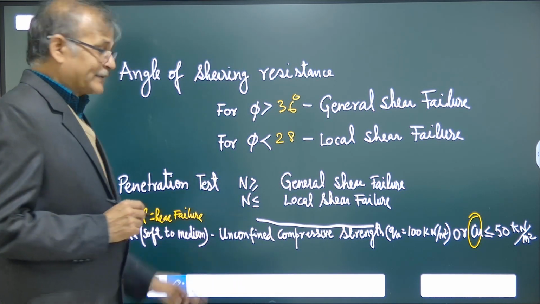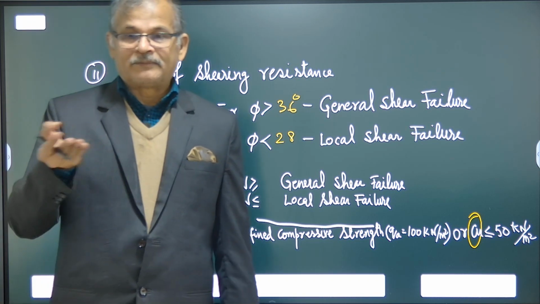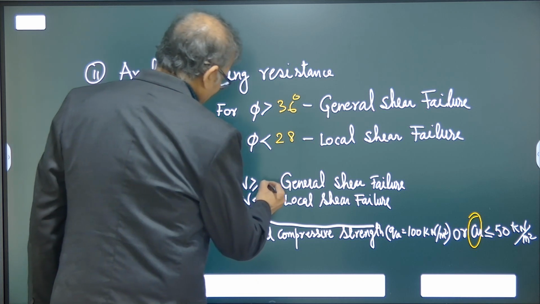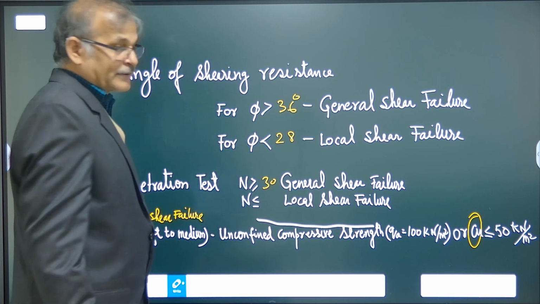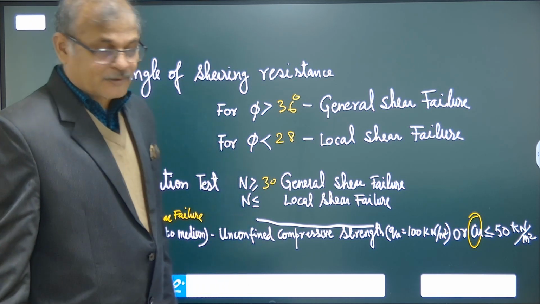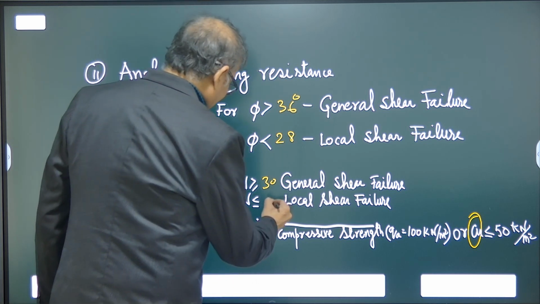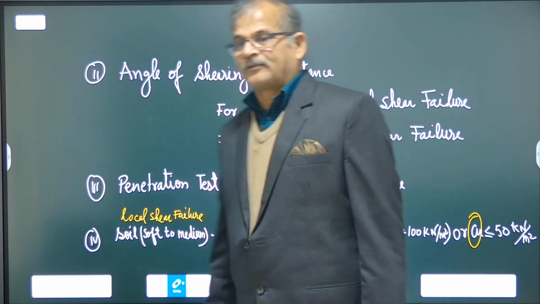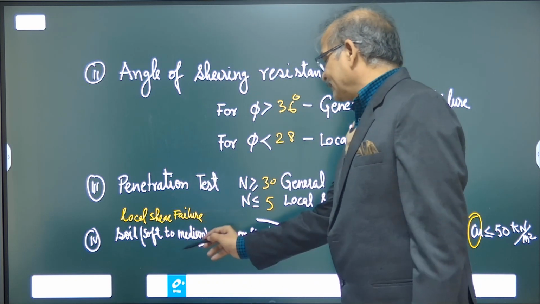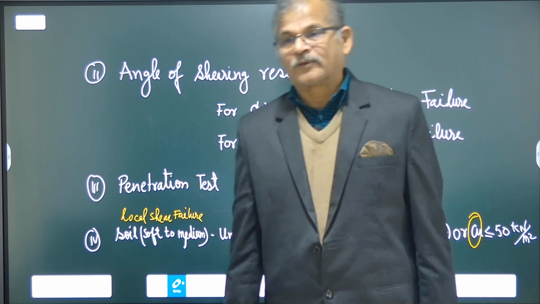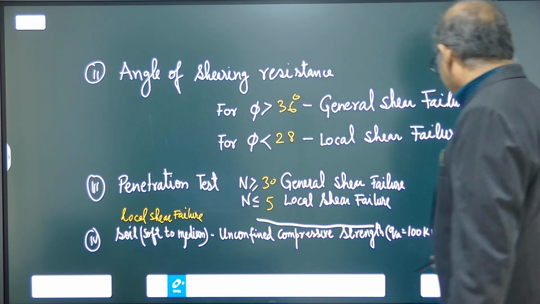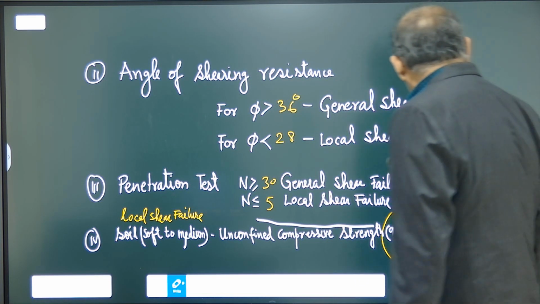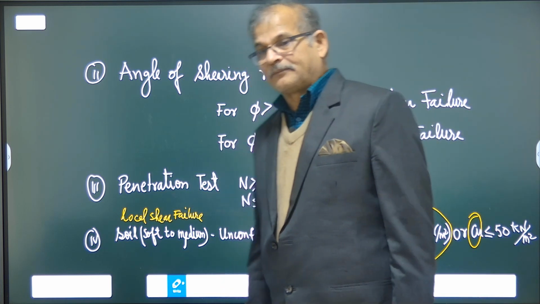It also depends on the penetration test which will be applied. We can find out in the field. If it is more than 30, the case will be general shear failure, and less than 5 होगा, it will be case of local shear failure. Or we apply the local shear failure formula in case of soft to medium soil जो है, in case of cohesive soil जो होती है। तो यदि हमारा अनकन्फाइंड कंप्रेसिव स्ट्रेंथ qu 100 किलो न्यूटन पर मीटर स्क्वायर है, Cu लेस देन 50 किलो न्यूटन पर मीटर स्क्वायर।